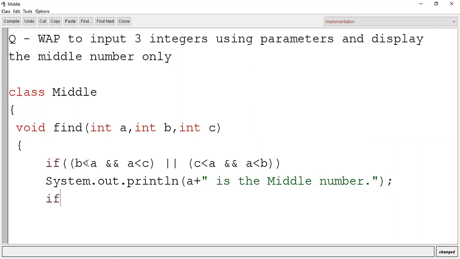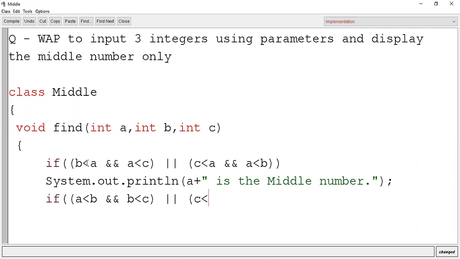Now the next possible condition: we are assuming that if B is the middle number, then the possible conditions may be ABC and CBA. For ABC, you can write like this: if A is less than B and B is less than C, closing it, giving the OR option, either this condition may be true or the second condition, CBA.